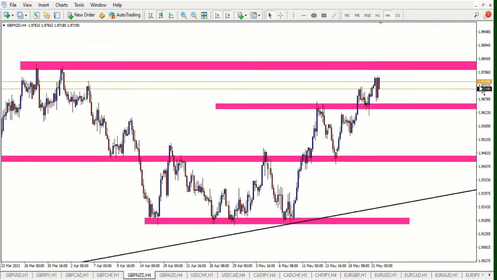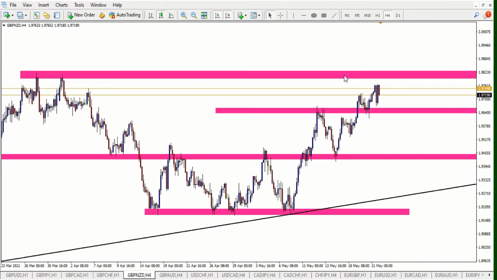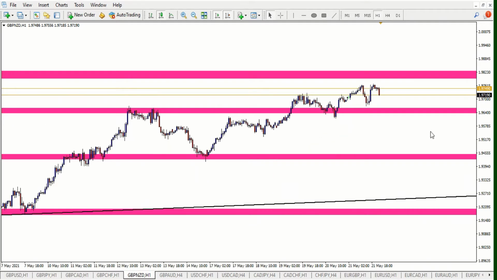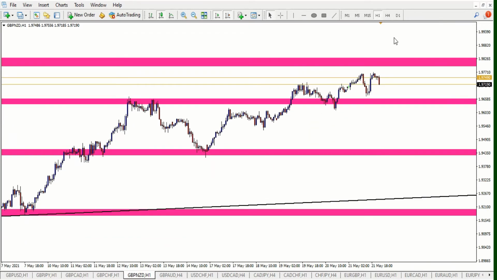So in the 4-hour, we can see our key support resistance zones. So we're looking for the market to either come back down to this recent resistance support there and continue its way back up. Okay, and you can see that it's already bounced off that support already over here, so maybe might just come